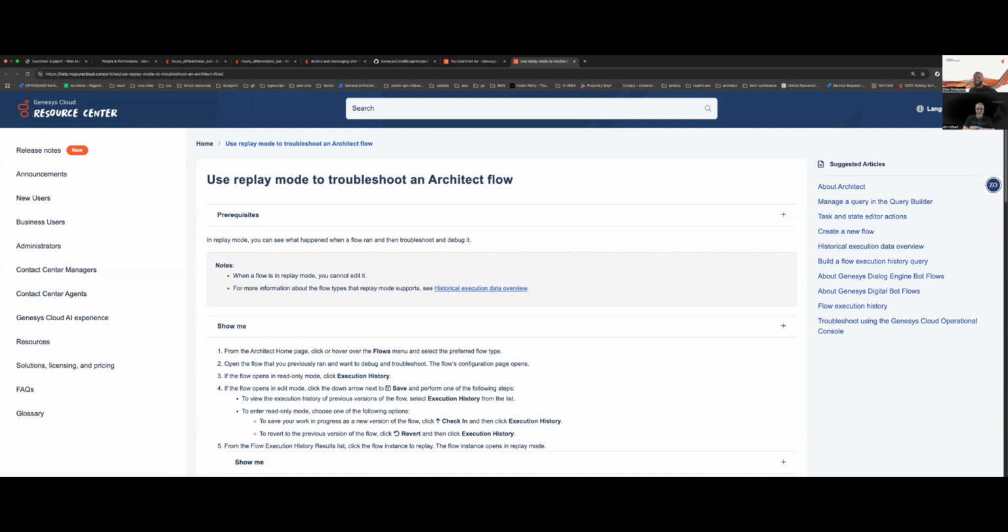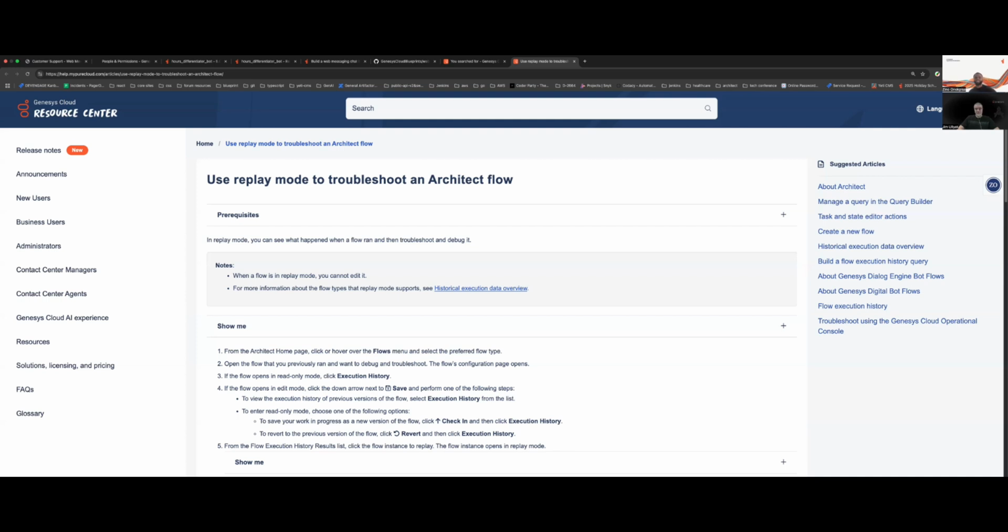Hey Zeno, good. So today we're going to talk about using the replayer in Architect mode. Pretty handy tool that has only come in recently, and we're just trying to get everybody on board with an easier way to debug the problems or errors that you run into while you're working with